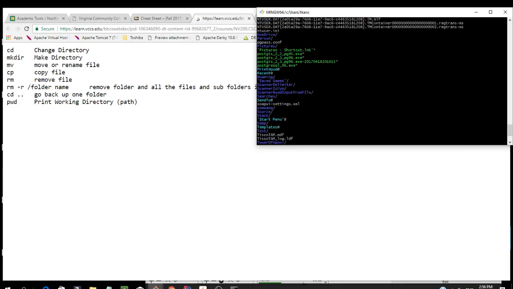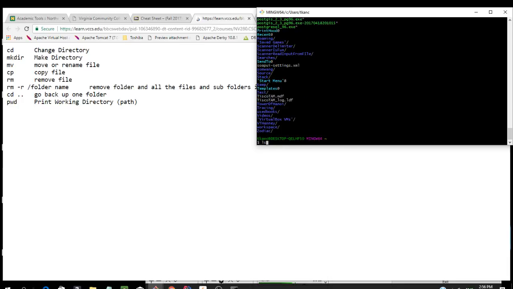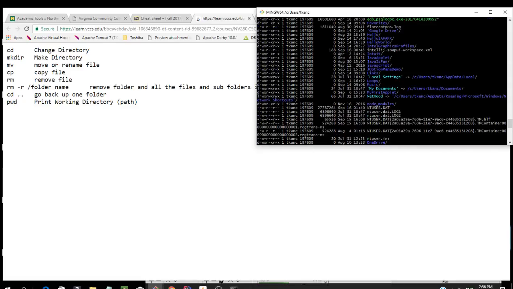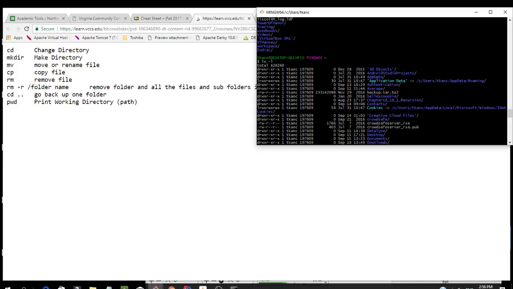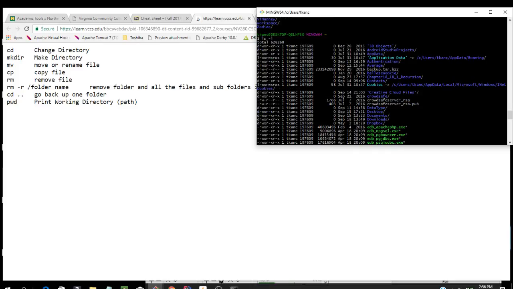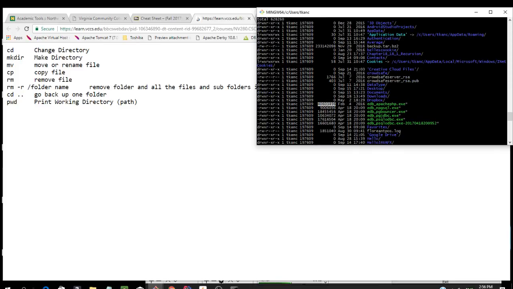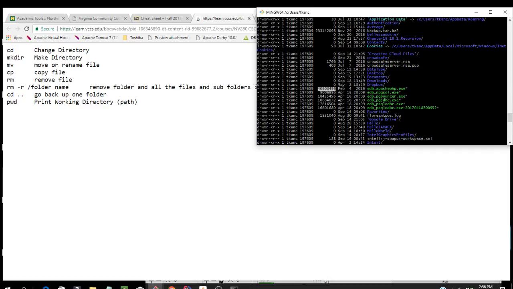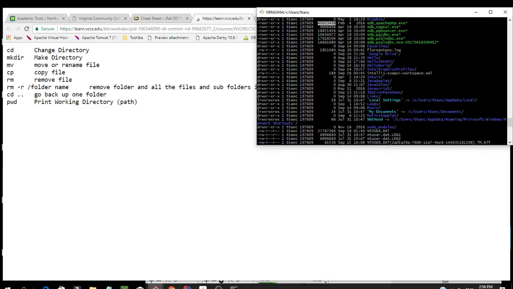Now if you do -l, it's pretty much going to give the details, like the folders and the details, like the date that it was created, and also the size of the files and folders, and who created it, the username,